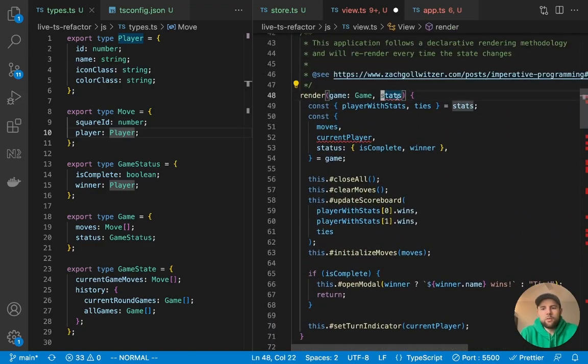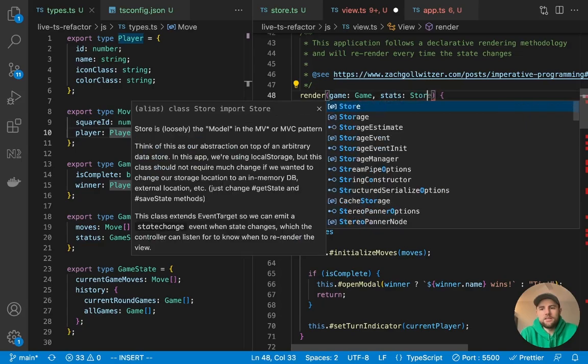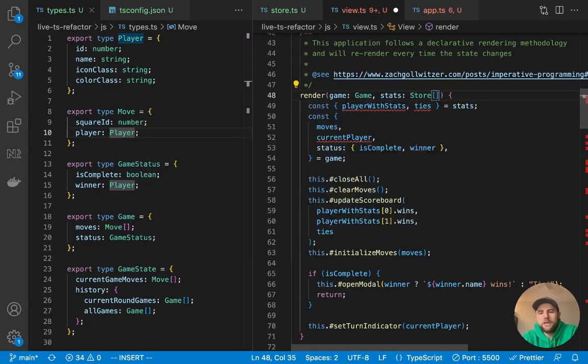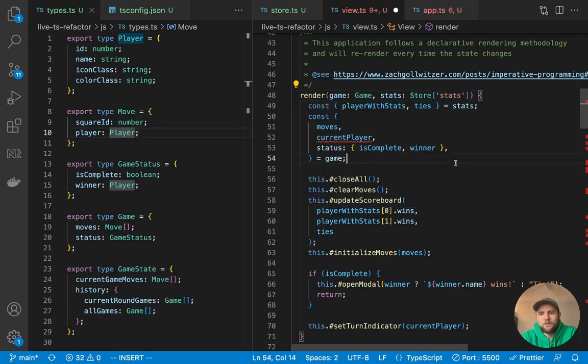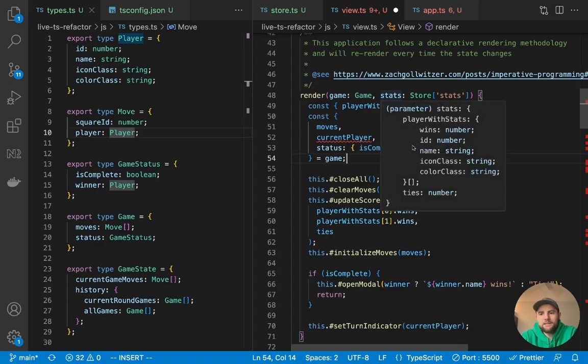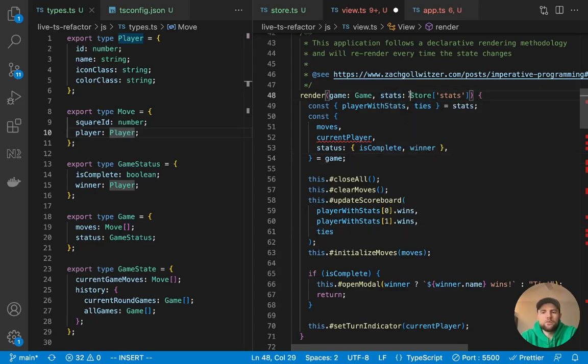And then here, we can say store, and then we can actually access properties on that. So you can scroll down, just like we're accessing properties of an array. We can scroll down and see all the methods and properties that we can grab from the store. And stats is one of those.